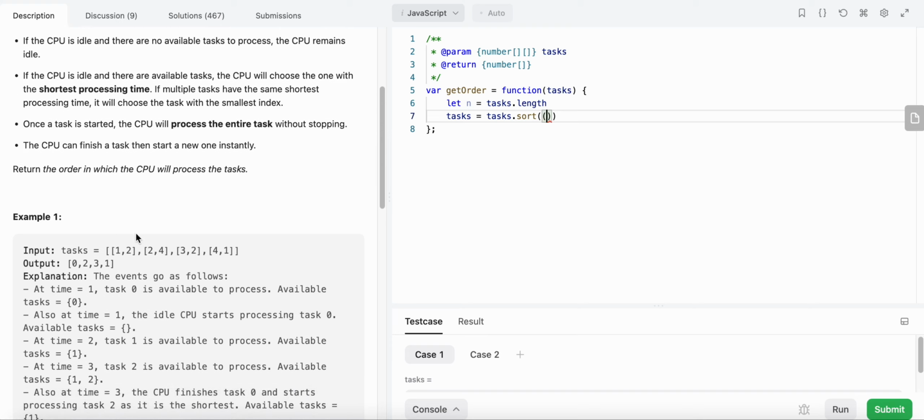So what's the in-queue time? In-queue time is the first element of each, so a comma b, a[0] minus b[0]. Now once we have sorted this, what we will do here is also, okay, before sorting, what do we need